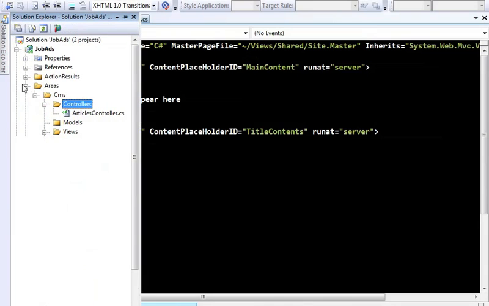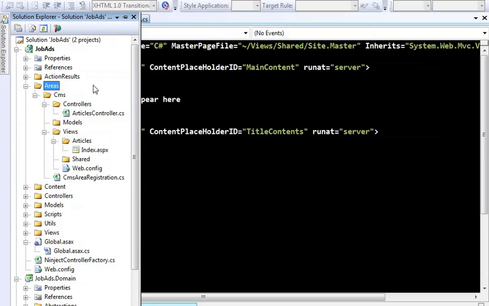Okay, so let's review what we've got and how it works. If we look at the folder structure that's been created, we've now got a top level folder called Areas, and inside that one for CMS, which has got its own controllers, models and views, and as you can see this kind of mirrors the folder structure of the main project. We can think about all these files as a group, and theoretically we could even reuse them between projects. But why did the URL cms/articles/index reach that action?